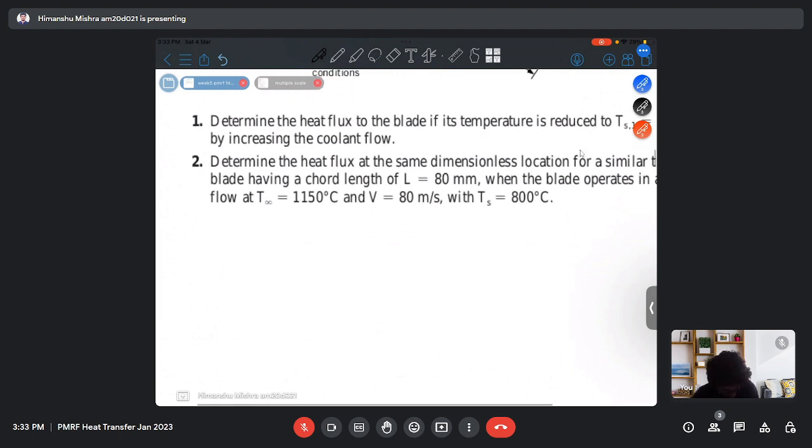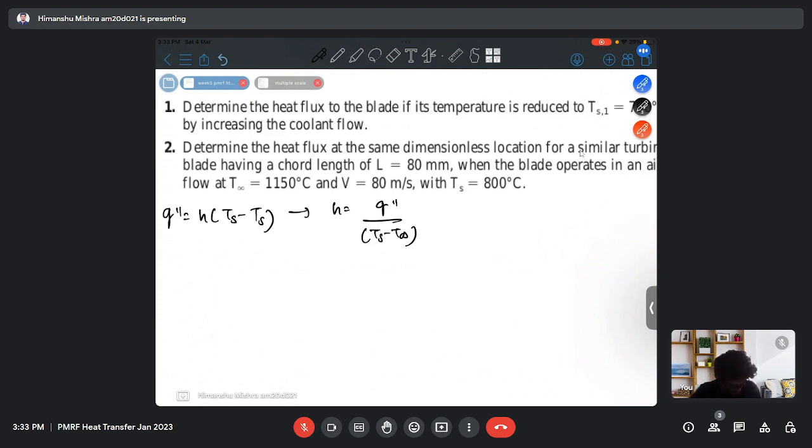So we know that the heat flux can be given as, and therefore my heat transfer coefficient will be Ts minus T infinity. So this is my heat transfer coefficient. Now we have to check whether the heat transfer coefficient is changing or not, or the other properties are changing or not. So for that, let